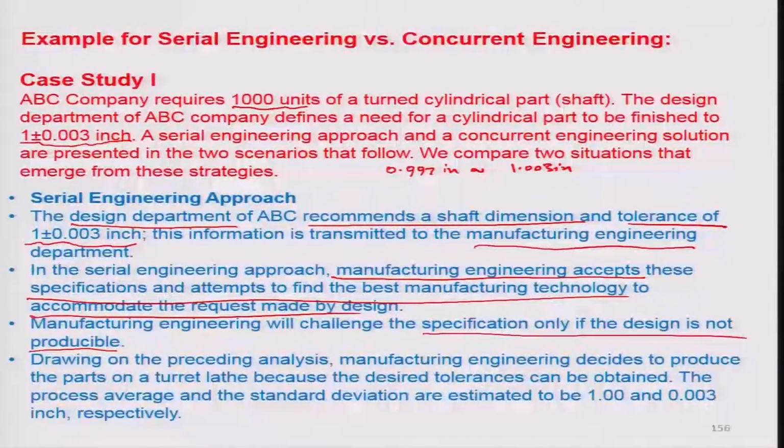Whereas, in the CE example, you will see that at the very beginning they may influence changing the specifications slightly, where their overall cost component may go down substantially, because they have the right fitting machine, which would produce almost zero scrap. So, drawing on the preceding analysis, the manufacturing engineering decides to produce the parts on a turret lathe. The specifications of the turret lathe I will just give,